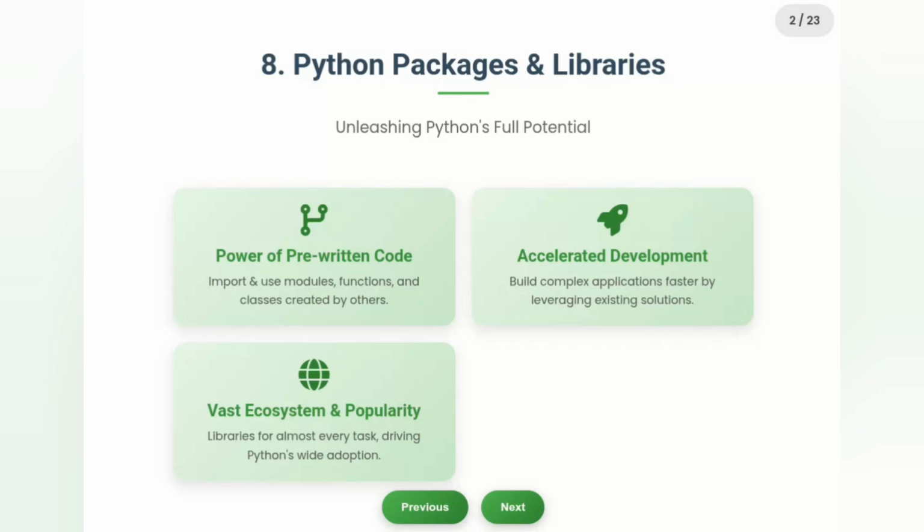One of Python's most defining and powerful features is its extensive ecosystem of packages and libraries. These are essentially collections of pre-written code, modules, functions, classes that you can import and use in your own programs. This "don't reinvent the wheel" philosophy significantly speeds up development and allows you to build on the work of countless other developers. These libraries cover an astonishingly wide range of tasks and are a primary reason for Python's immense popularity